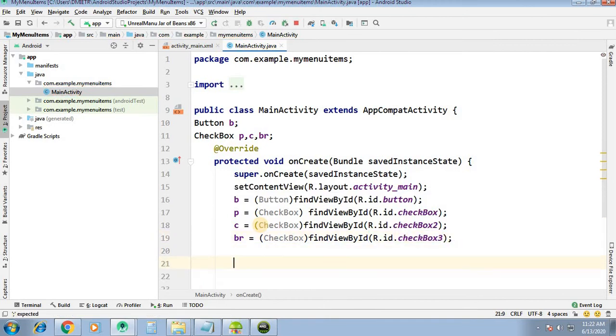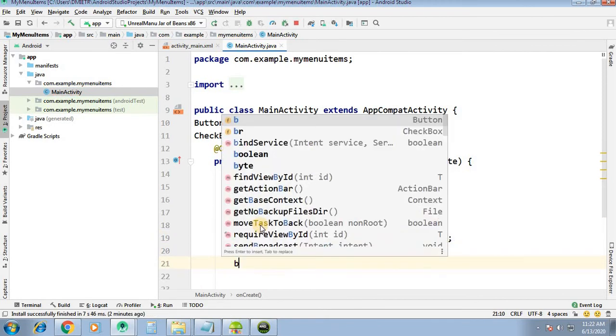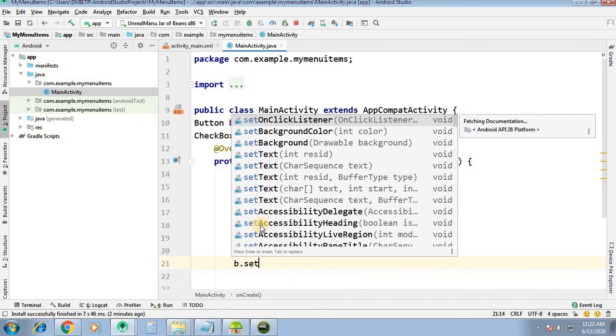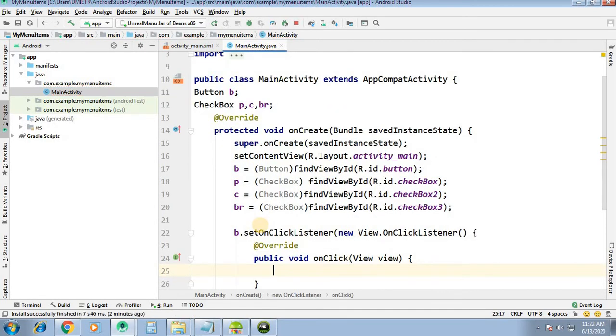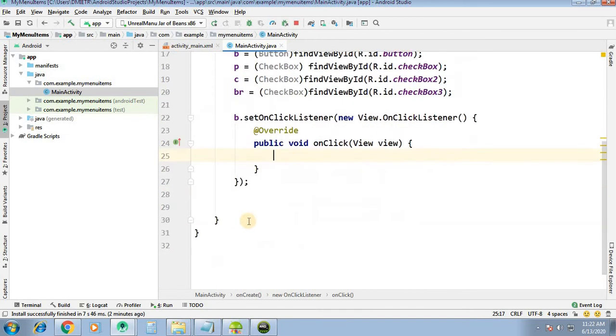Now we will add an on click listener to button. B dot set on click listener, new on click listener. So this is the overridden method in which we are writing our logic. Here we will define an integer variable total amount. Initially it will be 0.